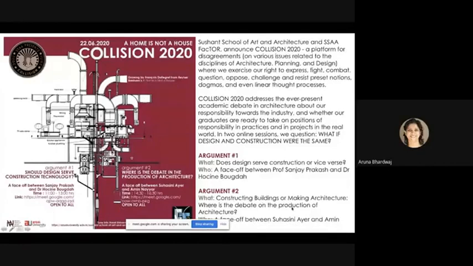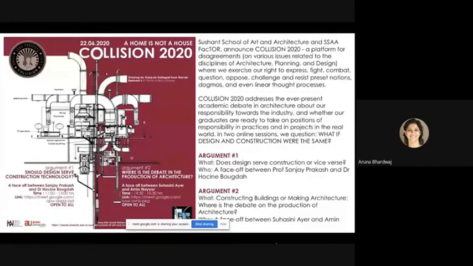Thank you, Vibhuti. So we will jump right in. We have our eminent speakers waiting. So we have Collision 2020, A Home is Not a House. Sushant School of Art and Architecture and SSAA Factor announced Collision 2020, a platform for disagreements on the various issues related to the disciplines of architecture, planning, and design, where we exercise our right to express, fight, combat, question, oppose, challenge, and resist preset notions, dogmas, and even linear thought processes.